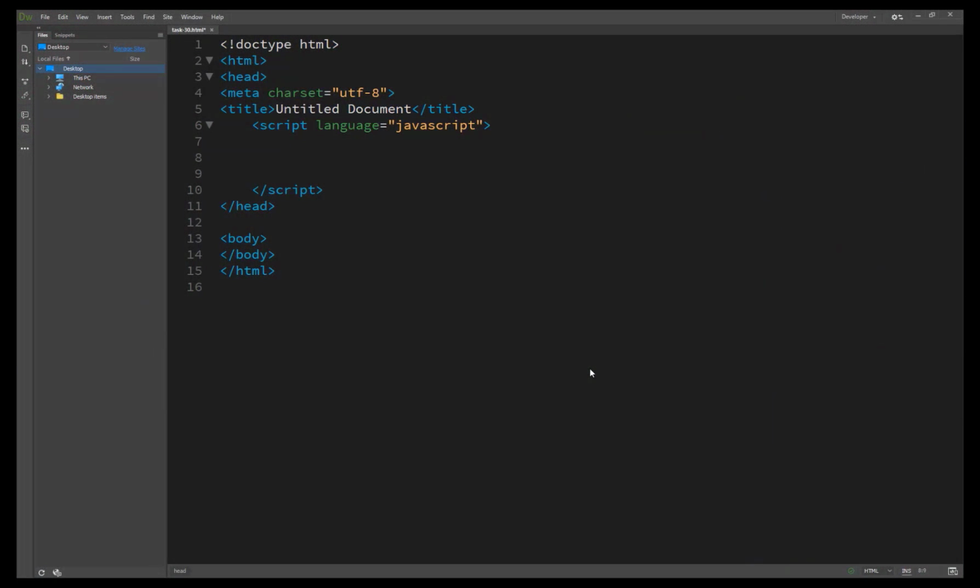Now we're starting our task number 30, passing multiple parameters or arguments to your functions. In the previous tasks, 28 and 29, you created functions that took a single argument, but you can also create a function that takes multiple arguments. To do so, you must specify the name for each argument in your function definition, and these names should be in the order in which the arguments will be provided when your function is called.